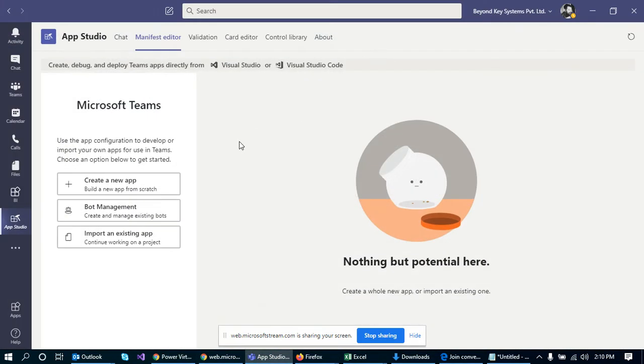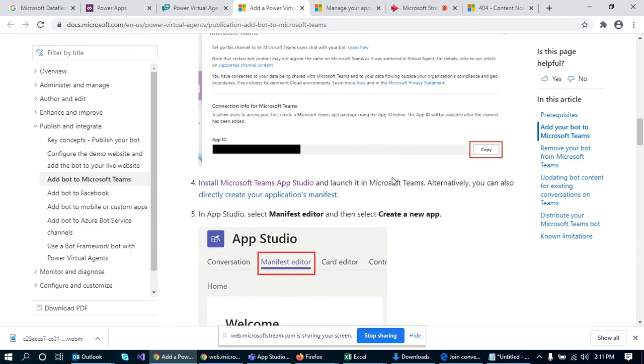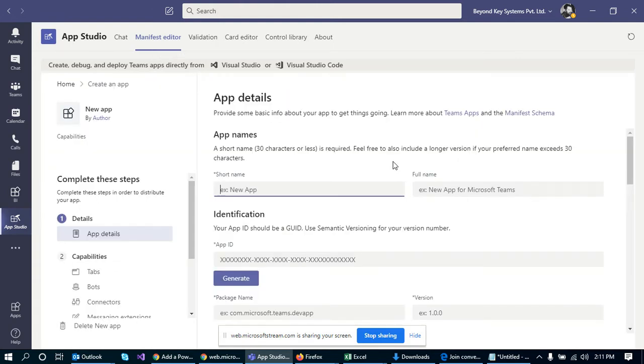When I go to Teams, there is one more prerequisite that we need to perform. As suggested by Microsoft itself, we'll have to make use of the Microsoft Teams App Studio, which I've already added. There is a manifest editor tab. We'll just click on create a new app and add the relevant details over here. I can say CGIAR chat bot.